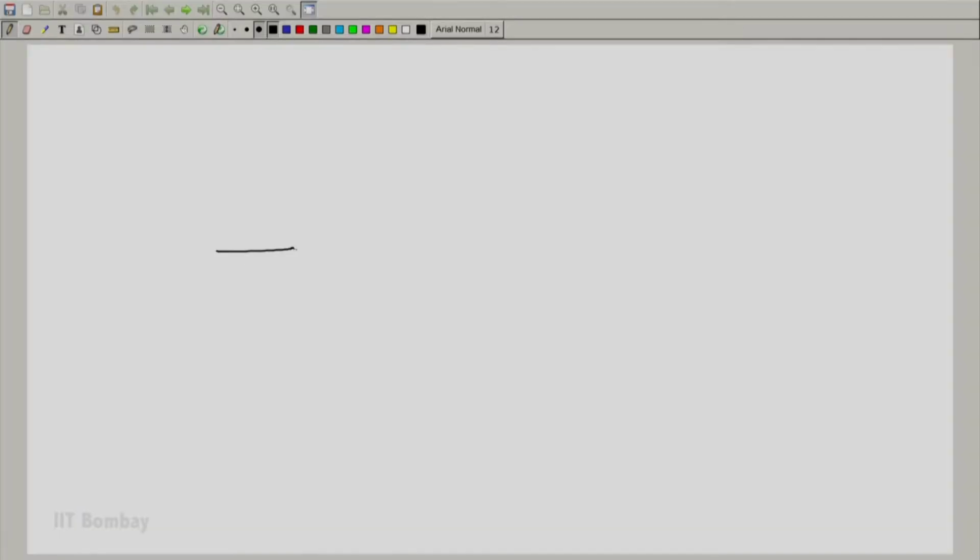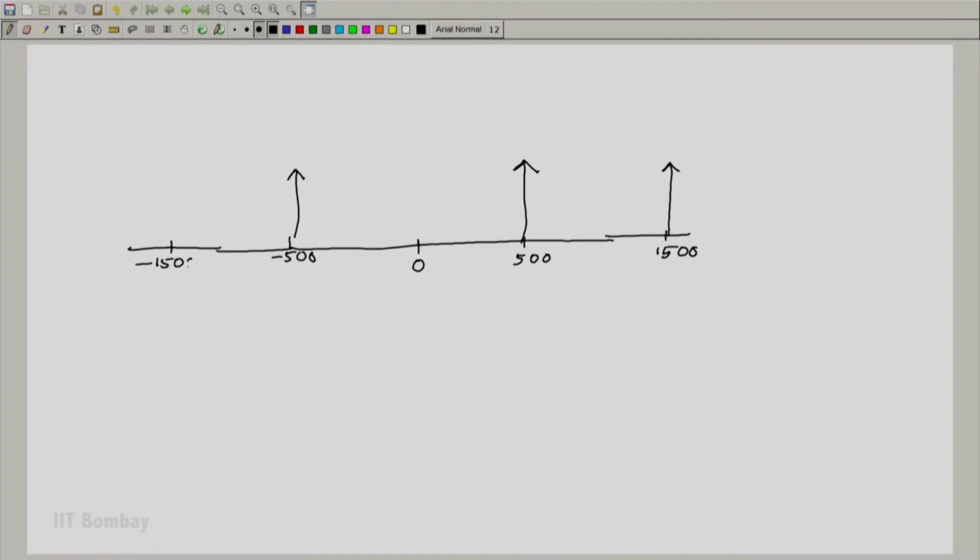First of all, let's just revise the one dimensional case. Consider a situation where you have two sine waves. One is at 500 hertz and the other is at 1500 hertz. You get the same thing on the negative side because the signal is assumed to be real. Now, ideally, we would have to sample this at 1500 into 2, that is 3000. We would need to sample this at greater than 3000 hertz.